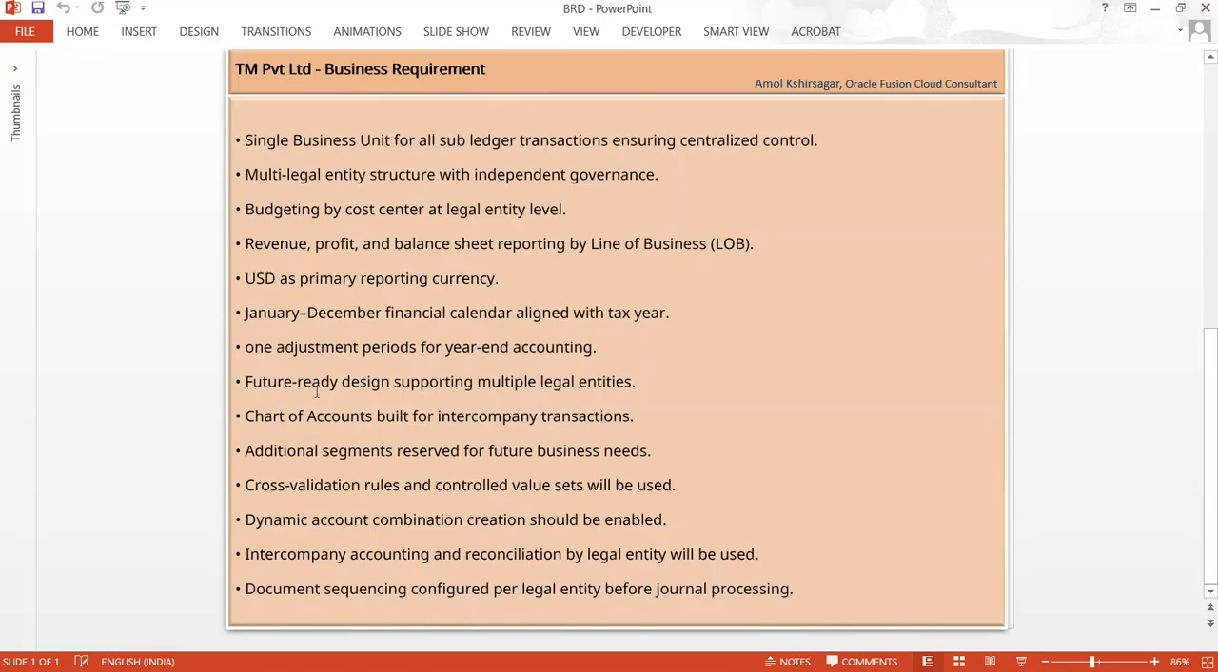Also, whatever chart of accounts we design should support future readiness, in case they acquire new companies in future or create more companies across the globe. So the chart of accounts has to be built for intercompany transactions. Then an additional segment must be reserved for future needs, meaning any additional business dimension we are not aware of at this point of time should be taken care of, so we don't have to modify the existing chart of accounts later. This is a very